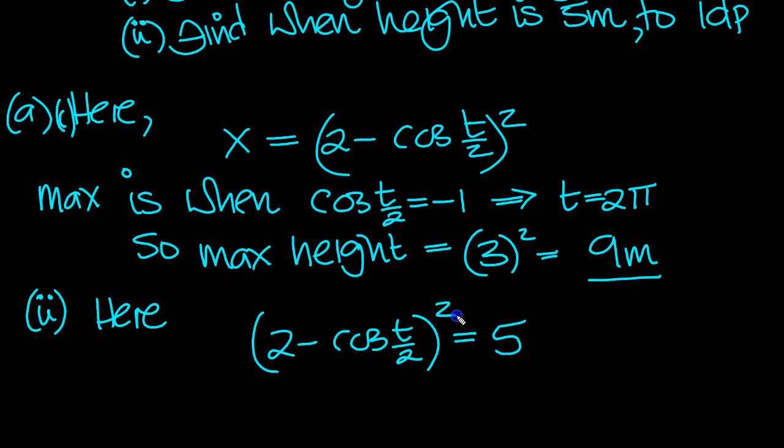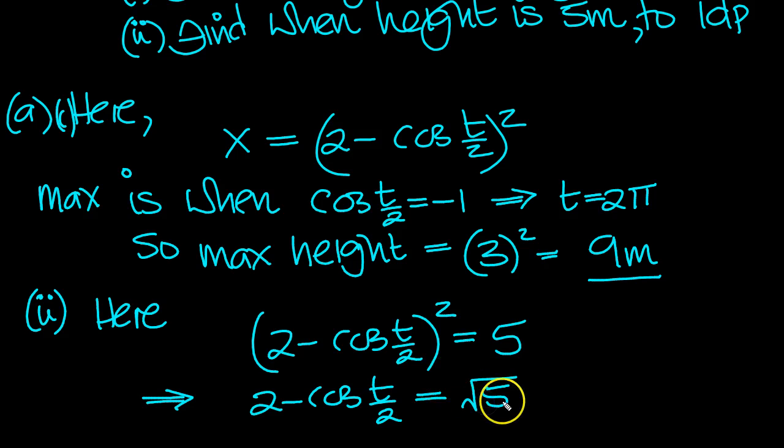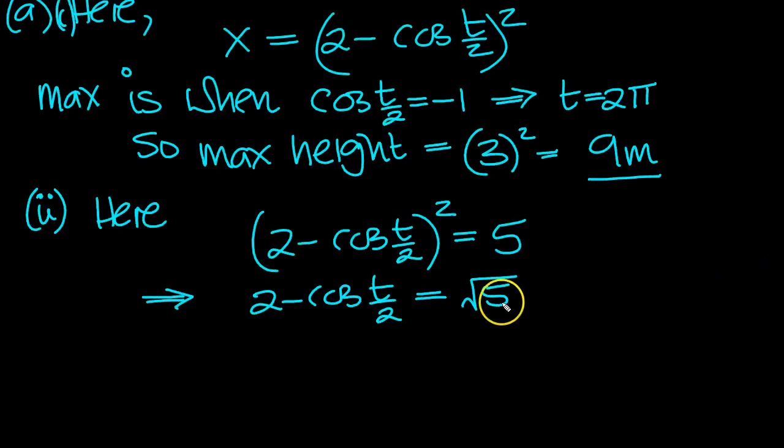So when we square root, it's 2 minus cosine t over 2 is equal to root 5. A negative height doesn't make any sense in this context, so we'll just leave it with the positive value here. So that tells us that cosine t over 2 is equal to, moving that over to the right-hand side, the 2 is left on the other side, and moving the root 5 over to be with it,